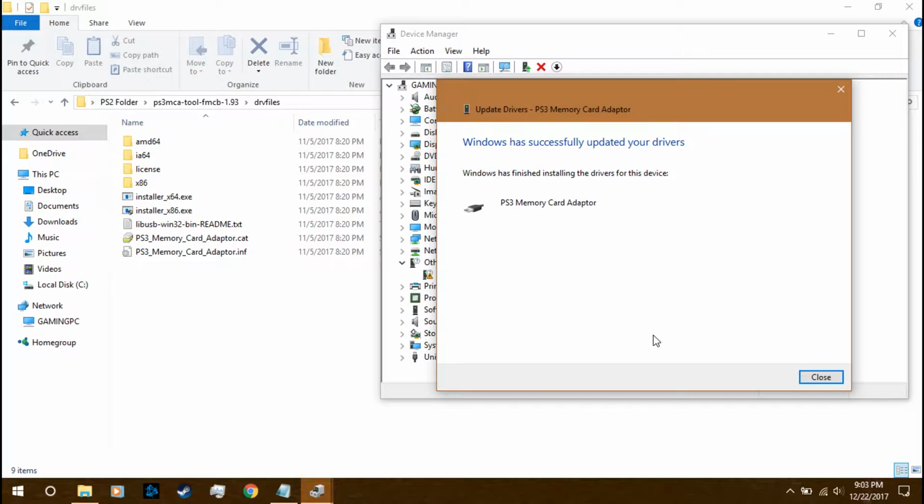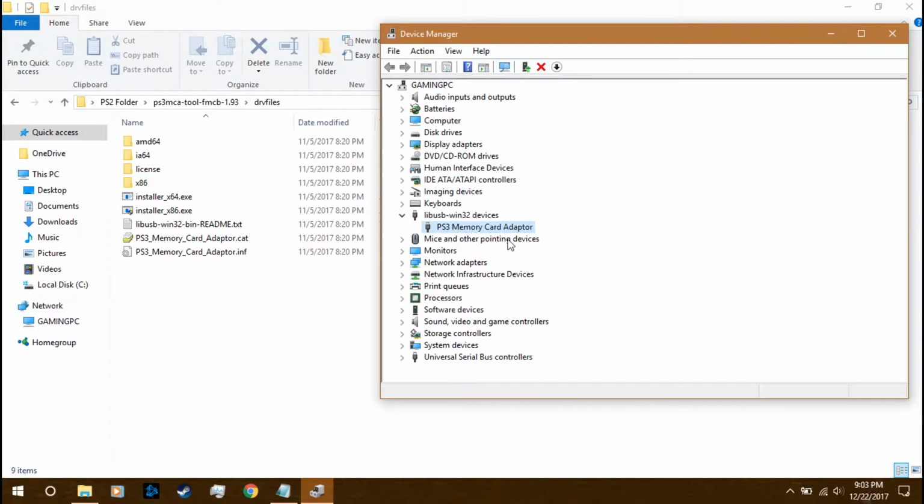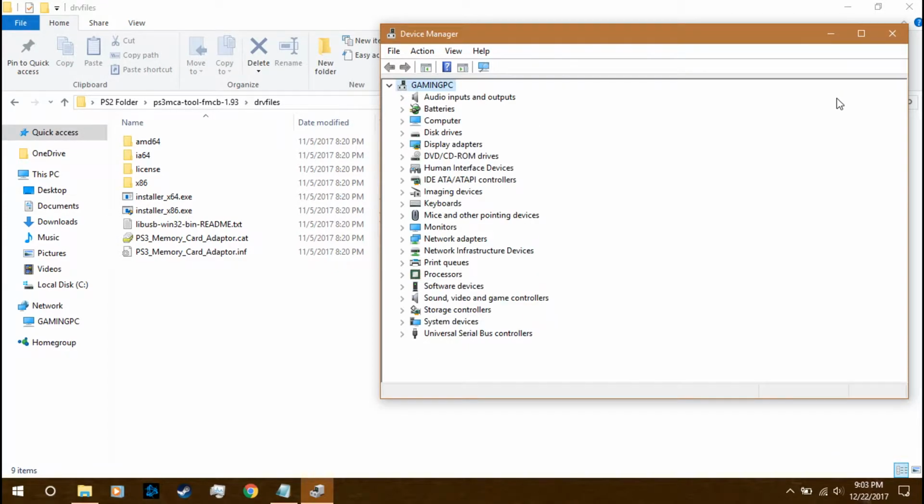And there you go. Windows has successfully updated your drivers, and you'll see PS3 memory card adapter, and then you can see it right there. And then again, if I unplug it, you know it's the one. If I plug it back in,